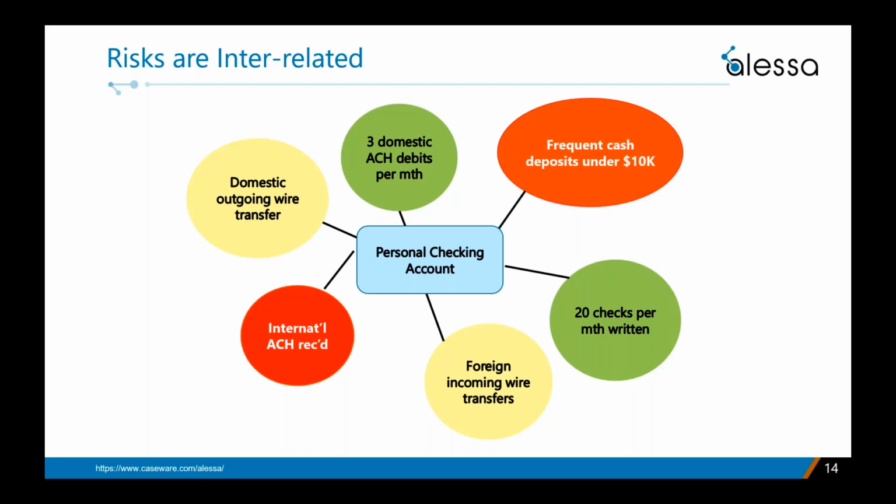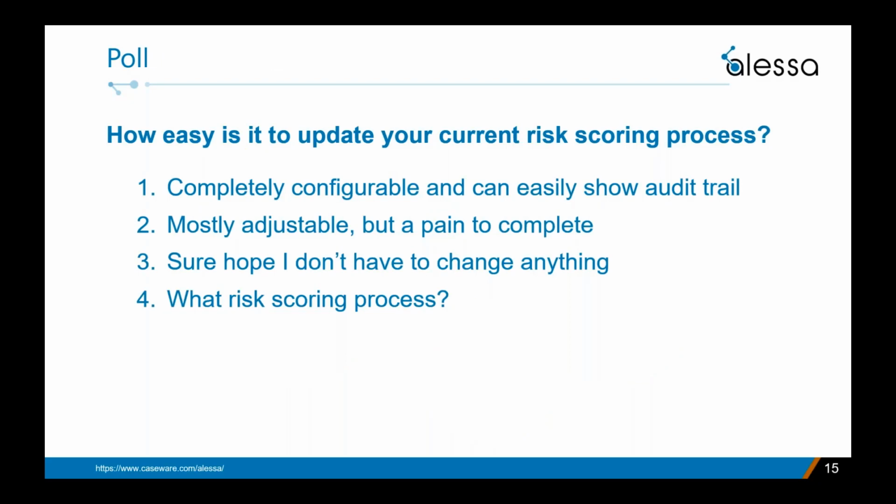Now, in her account opening documents, she said she had no plans for any foreign activity or any wire transfers, just about 20 to 25 checks a month and debits for typical monthly bills. So here we have an account with routine and normal activities, some out of pattern activities, and a potential structuring behavior going on. Now let's do one more poll question.